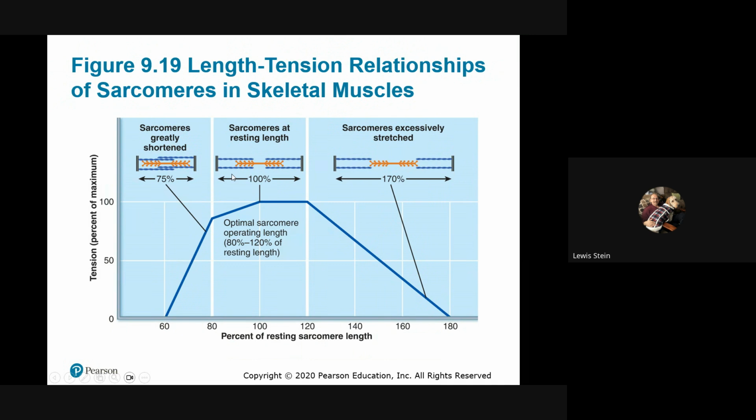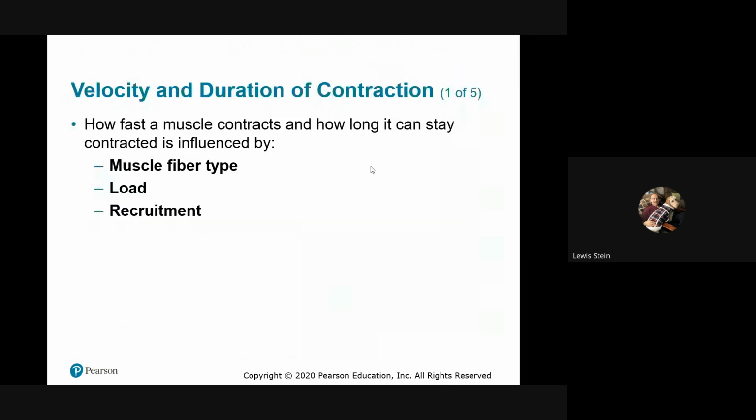Normal resting. See what happens. We're under the 80. We're at 75% more or less. We've already got it mostly. We have very limited length to get the contraction, and here we can't get enough purchase rapidly enough. That's really overly stretched. So you want to be in that golden zone between 80 and 120. If you're up like this, you can't do it. If it's way like this, you can't do it. So it has to be the right area within 20% of its normal resting length. That's what that 80 to 120 rule is.